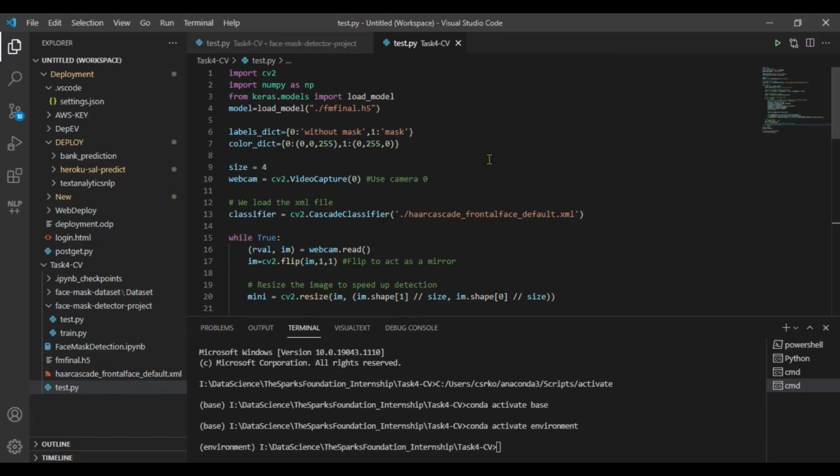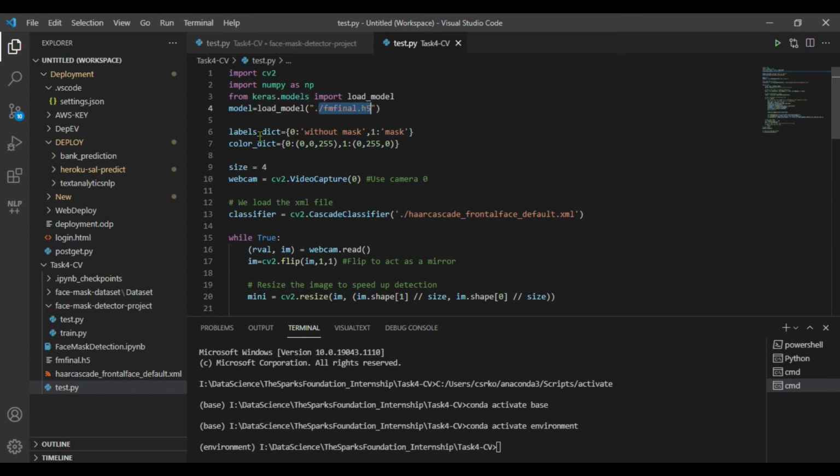Now, after saving the model, we are going to use that saved model to predict if the person is wearing the mask or not. For that, I have used Visual Studio Code. Using this, I have written the Python script in order to access the camera and initialize the saved model using the load model library that is inside the Keras models.